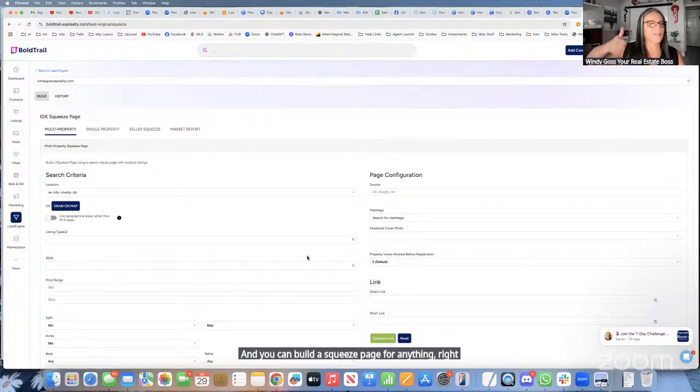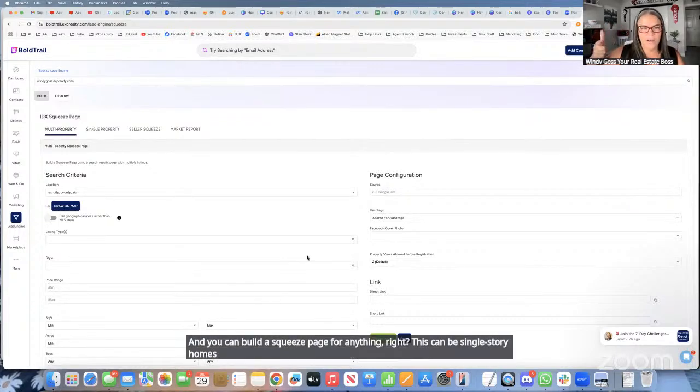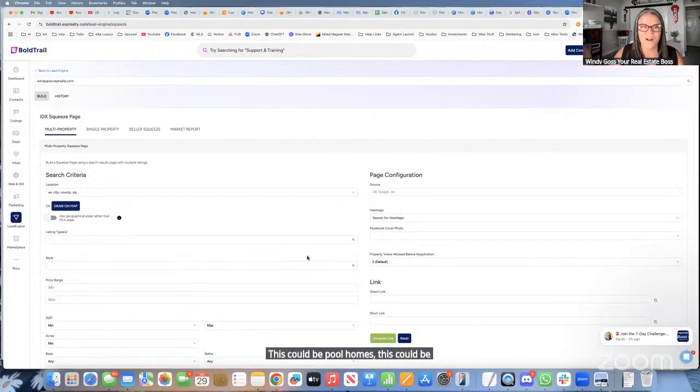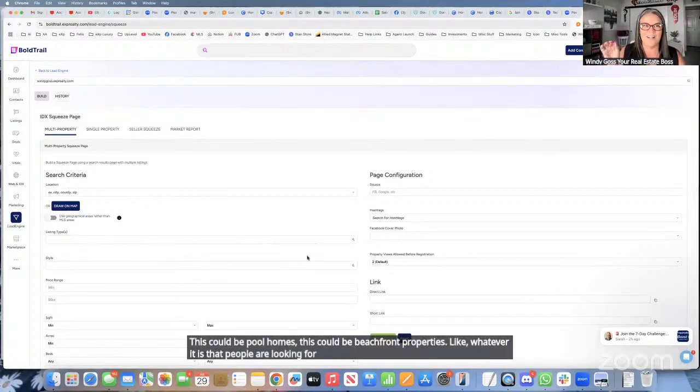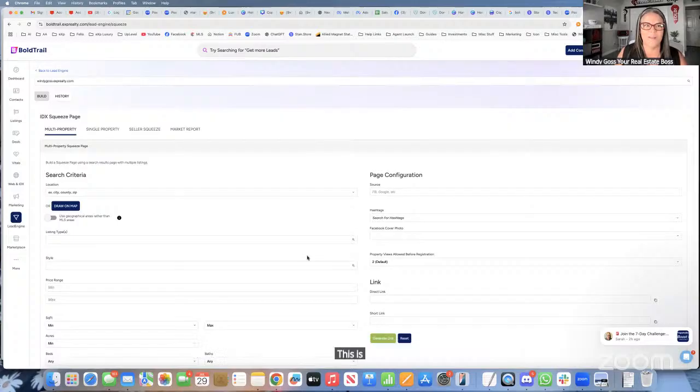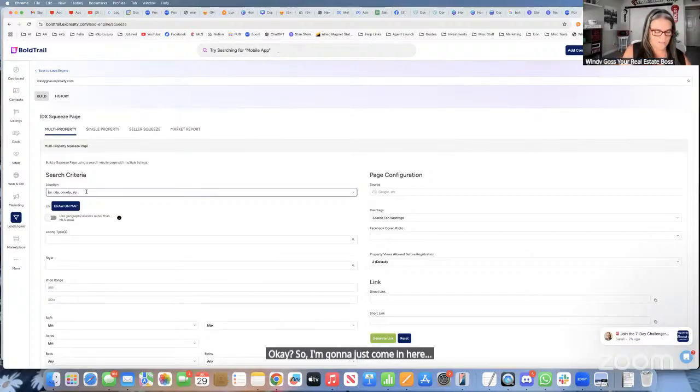This can be single story homes. This could be a list of luxury homes. This could be homes on acreage. This could be pool homes. This could be beachfront properties. Whatever it is that people are looking for in your area, this is what you want to make a squeeze page on. Okay. So I'm going to just come in here and do Las Vegas,